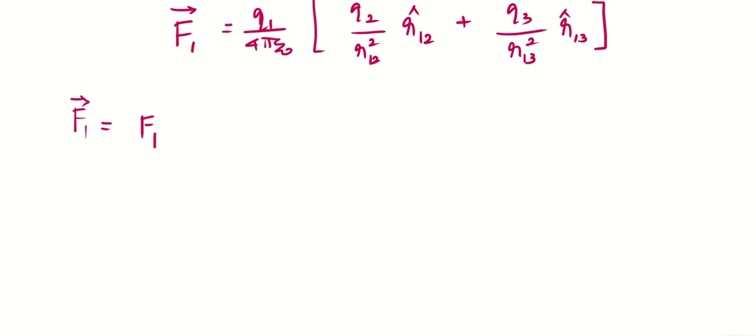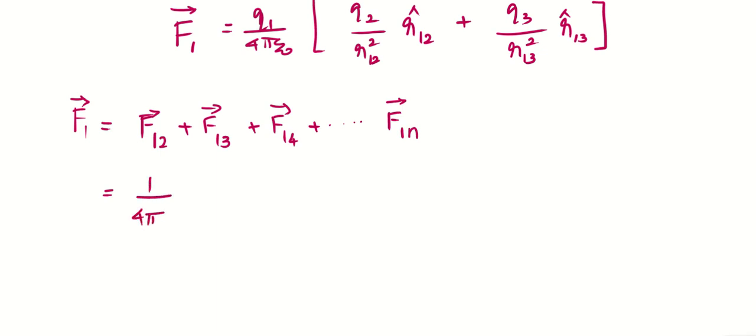Force on 1 due to 2 plus force on 1 due to 3 plus force on 1 due to 4, like that. It goes up to force on 1 due to nth charge. Now we can write the total force acting on F1 will be